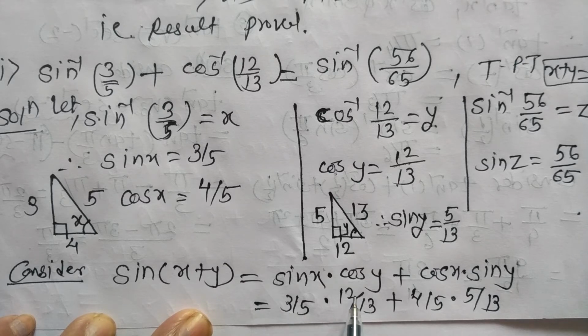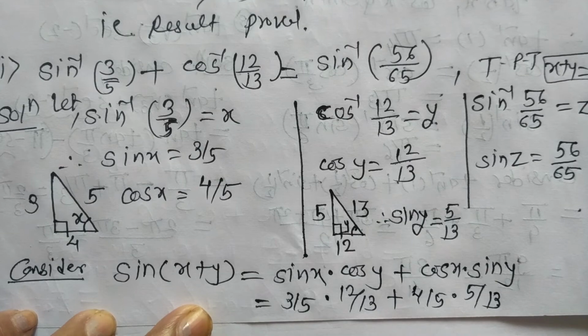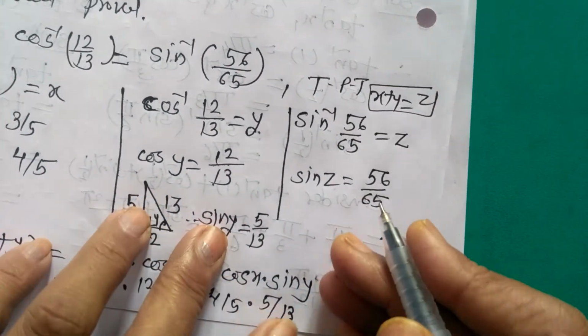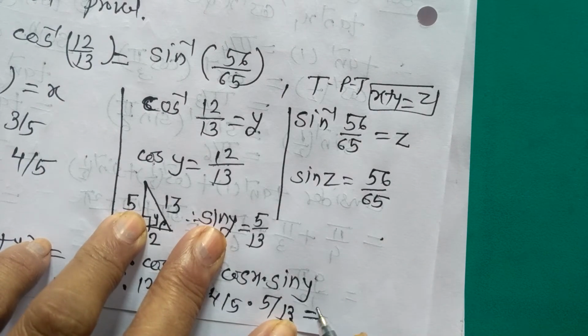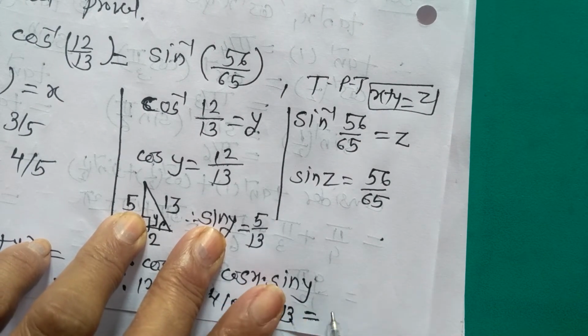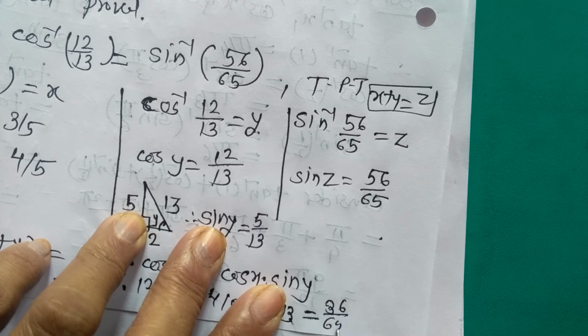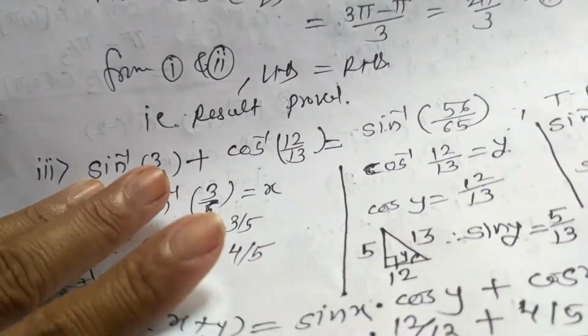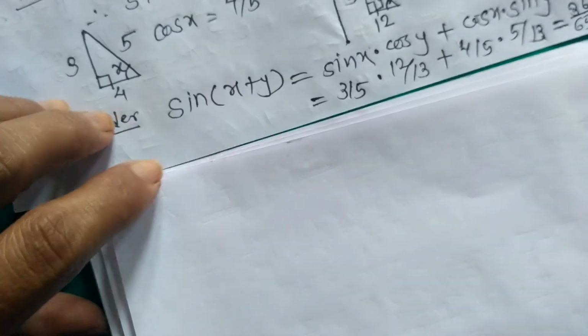So 3 12s means 36 by 65, and for the second multiplication 4 5s are 20 and in the denominator 13 5s are 65. So we take this addition by the concept, so that addition becomes 36 upon 65 plus 20 upon 65. Now we take that addition,